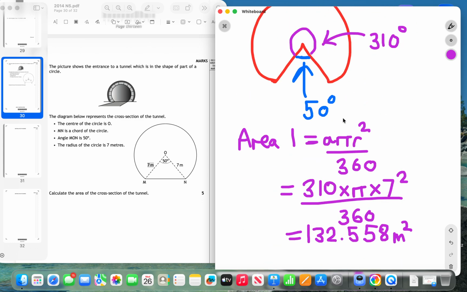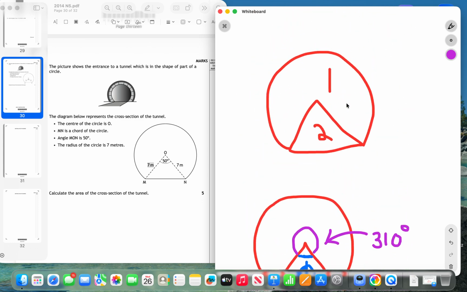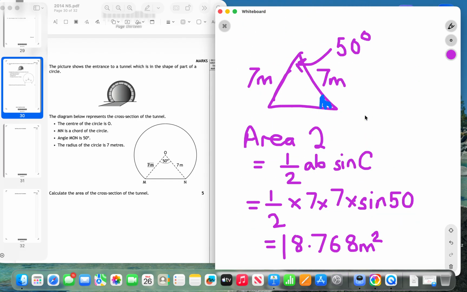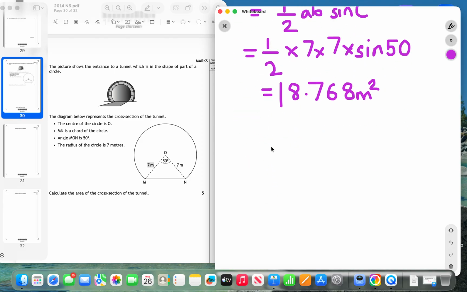So we've calculated area 1 and area 2. So the final answer is going to be the two areas added up, because you see it's a compound shape, so you need to add both of them. So I will go back down and we'll write down the total. So the total area equals